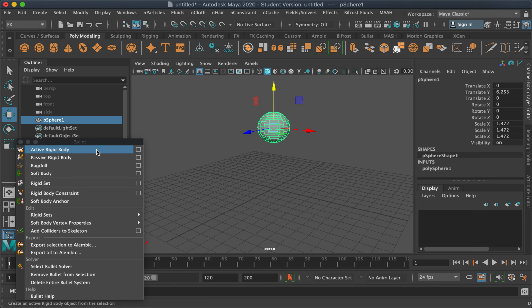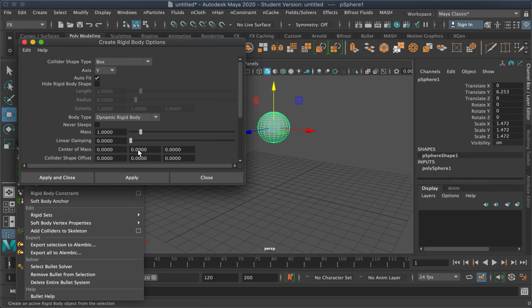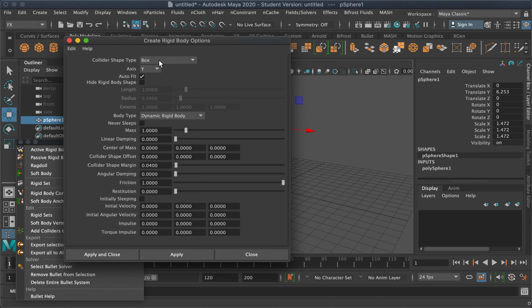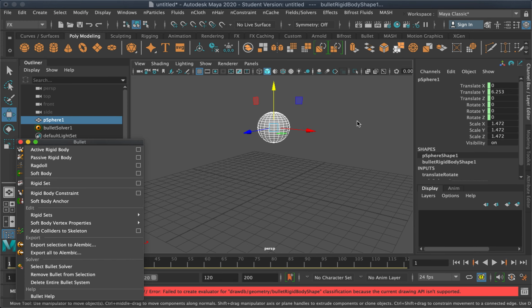In this menu, there are two types: active rigid body and passive rigid body. We'll be using active. I'll discuss passive later. Since this is a sphere, I'll change the collider shape type to sphere.